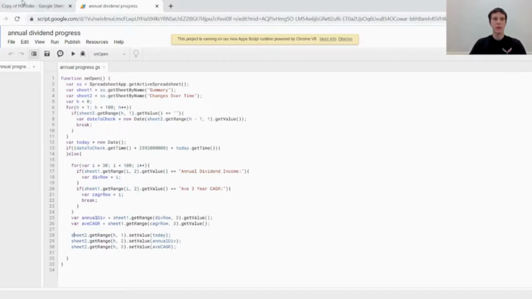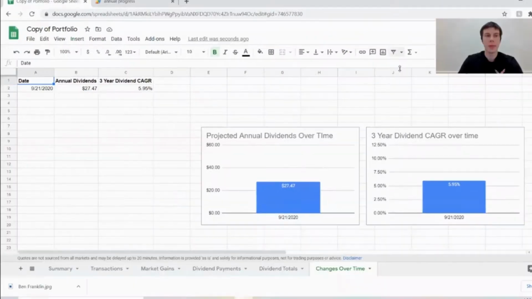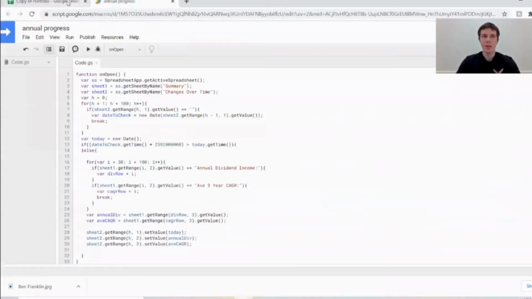So I'm going to run this and show you how it works. Okay, so with this date in here of September 21st, since that's less than 30 days in the past, we would expect our script to do nothing when it runs. So we're going to run just to show that, and then we'll change the date to something further in the past to show the other outcome as well. So if we go in here and run it,